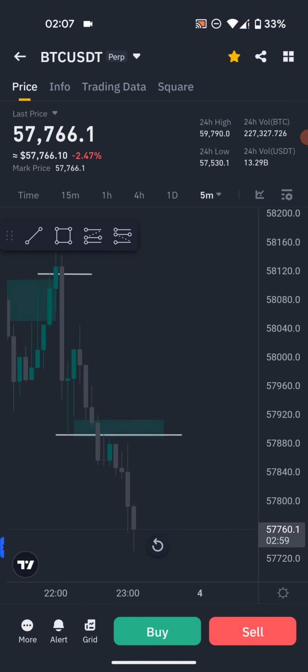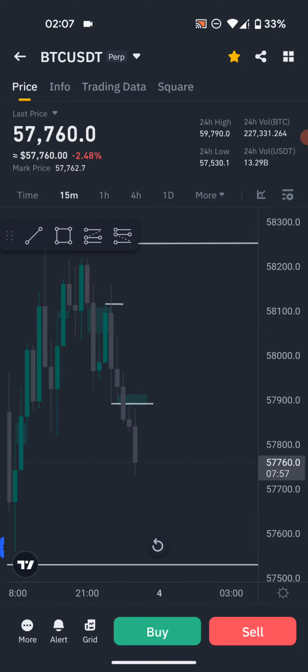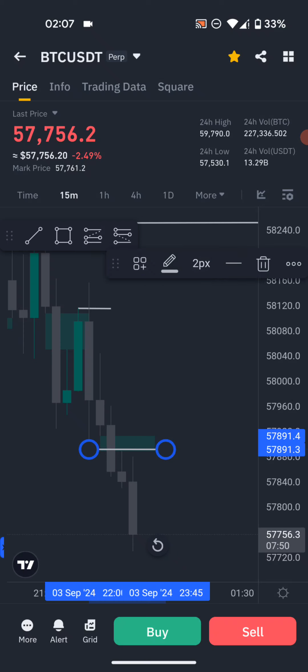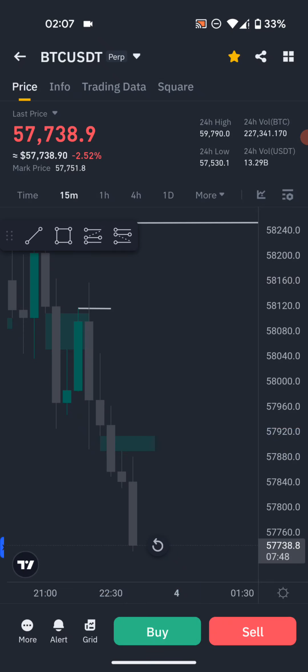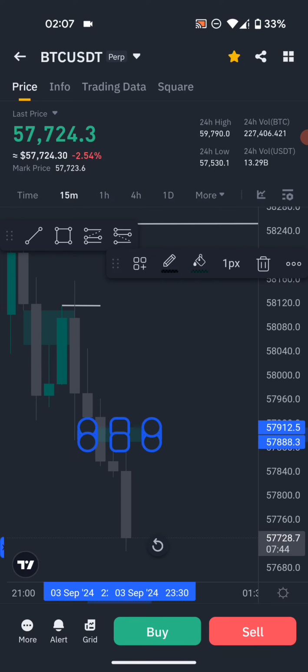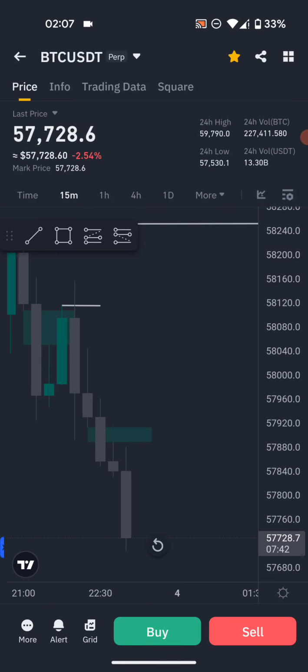So this is 5 minutes, and as you can see, on 15 minutes we have created this fair value gap right there, which aligns with our overlapping defense. But as we can see, this might be a breakaway gap,